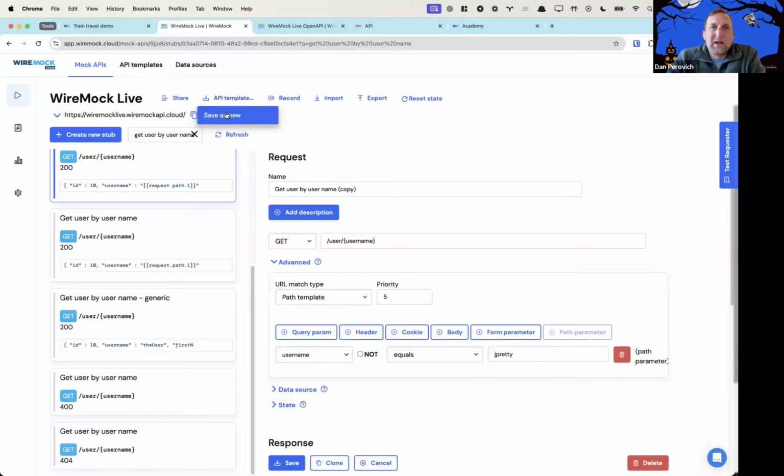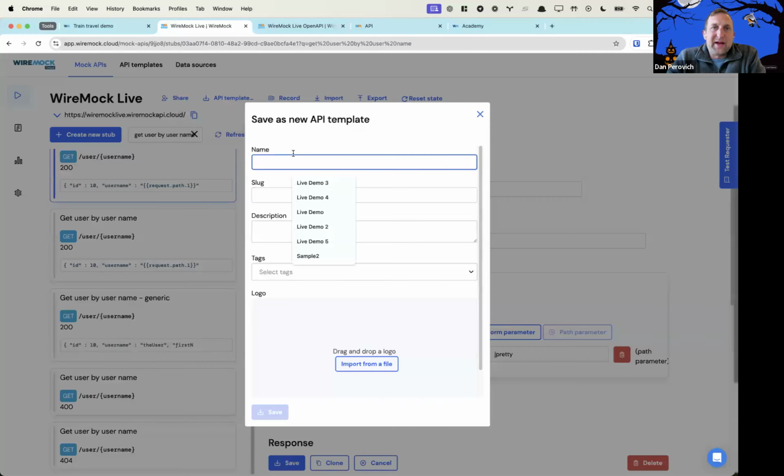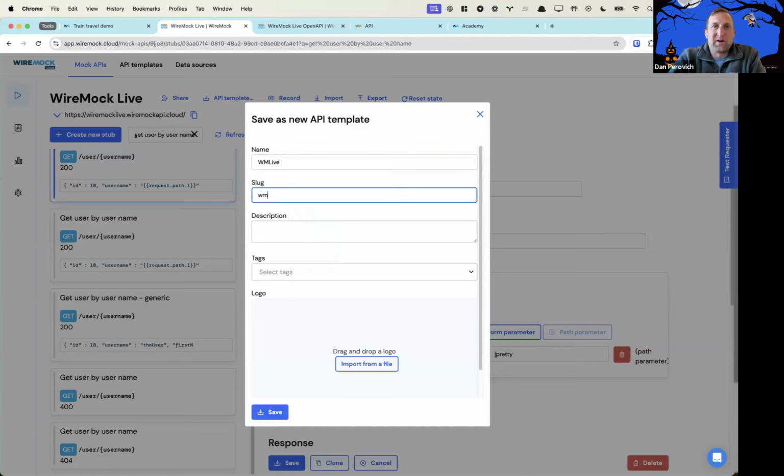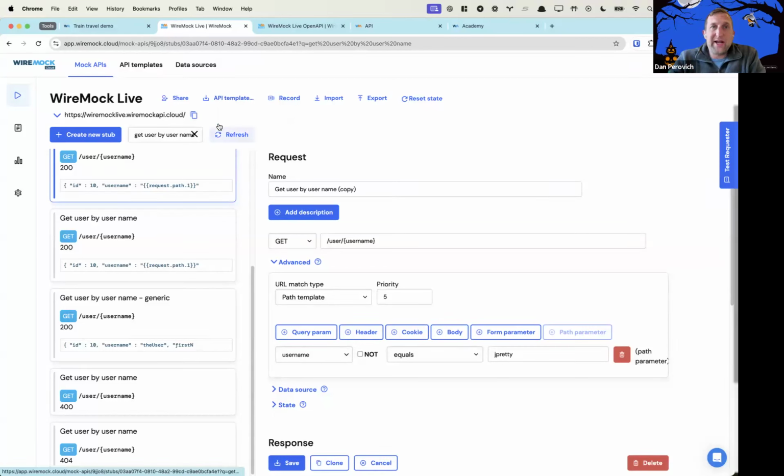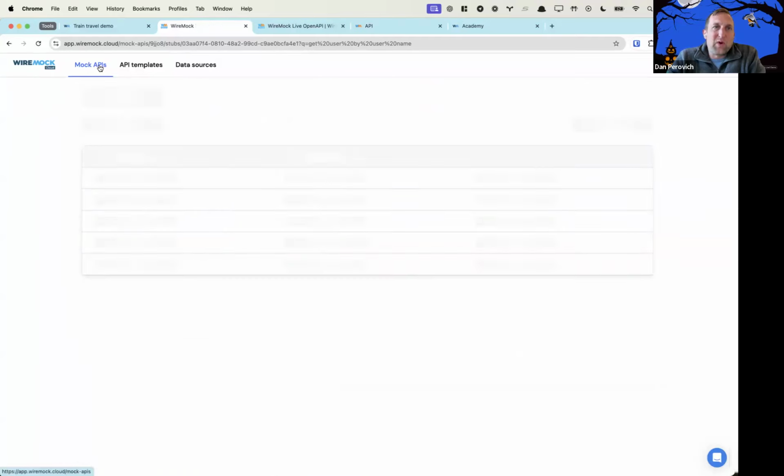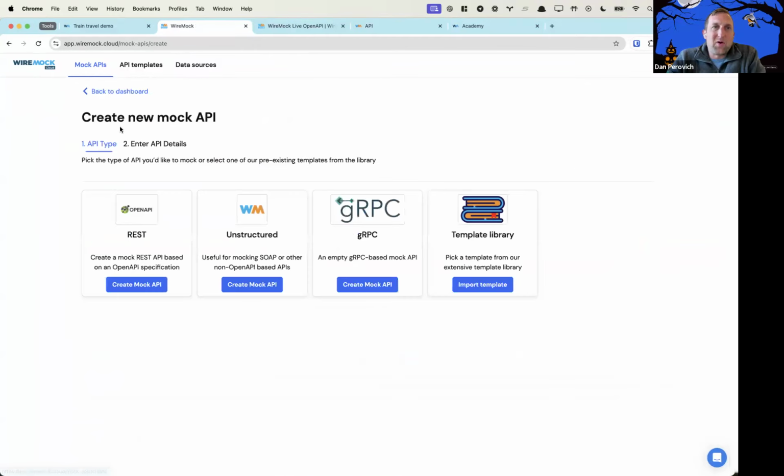So we can come up here and save this as an API template. And let's say this is WireMock Live. We'll give it a slug, WireMock Live. Of course, you'd want to fill in all this information so your colleagues have that helpful information. So when I create a template in WireMock Cloud, it now becomes a way for someone to stamp out their own personal copy. So if I go and I create a new mock API, and now I come into the template library instead,